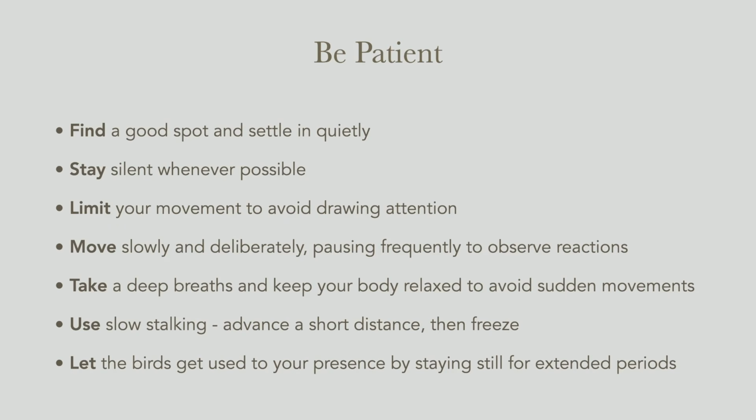Find a good spot and settle in. Now, that doesn't always work, but it helps a lot. Finding a nice quiet spot where you can just blend into the environment and wait for stuff to happen. That's what happened in all those last photos that I showed you. We settled in, we were quiet, and multiple species of birds were mating in front of us, multiple species of very skittish ducks were sitting right in front of us, killdeers were walking around, and so